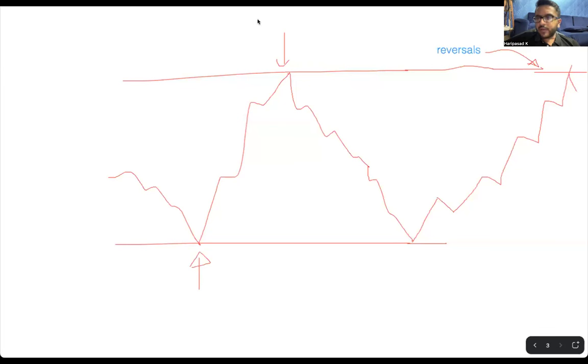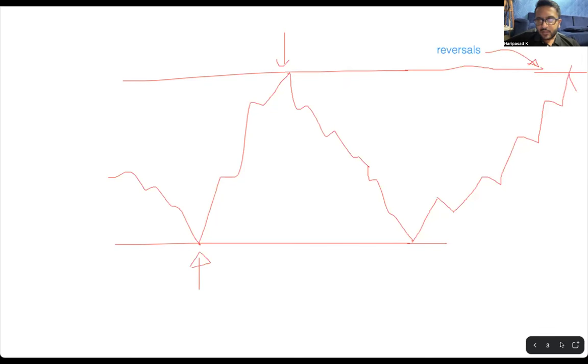After reaching a resistance point, one scenario that I can actually expect is that it will touch this particular resistance point and from there it will continue to move up. So this is one scenario that I can expect to happen in the market. Price will bounce up from the support, reach a resistance level, and from there continue to move up. The other scenario that I can expect to happen is what we refer to as a